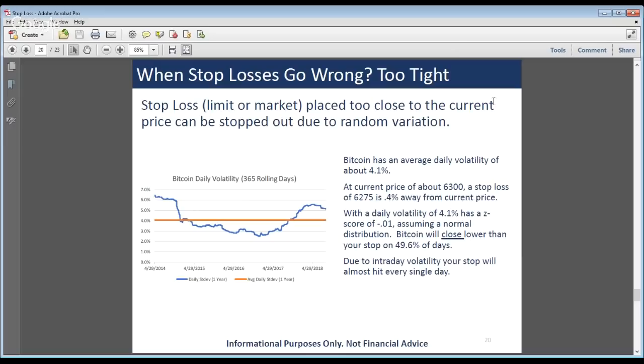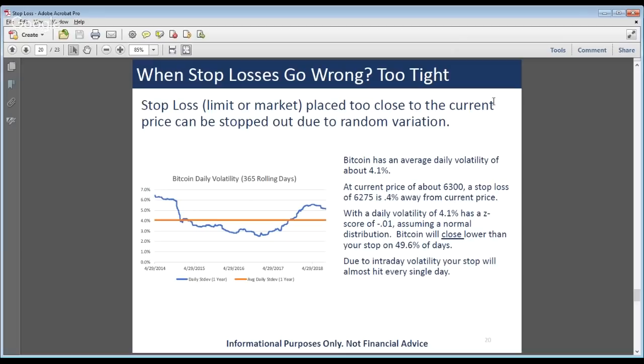So one could be your stop loss could be way too tight, so too close to the price that you entered. And here you can get stopped out just due to random variation, just randomness. So your call could be perfectly right, your analysis could be perfectly right, and you still lose because of randomness. For example,